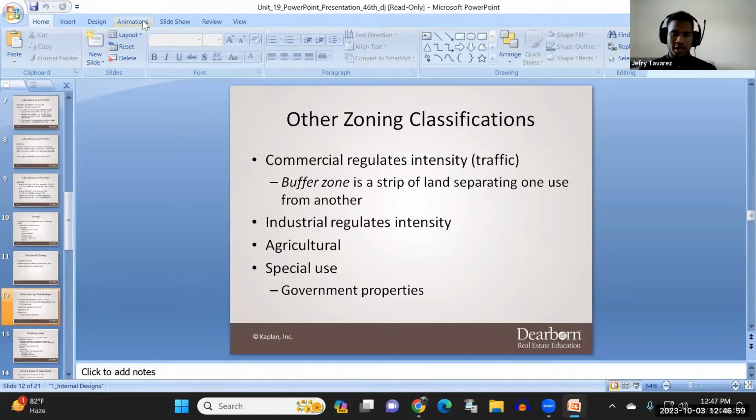Gotcha. Has it ever been the case that there's a part of town where there are 4 property owners and 3 of them decide to make business on their property, and now the 4th one has to be the buffer zone? No, nothing like that. A buffer zone will be between an industrial and a residential neighborhood. A buffer zone will be between a football stadium and where people live, right? There's a buffer zone around things. Okay. And that's just for intensity and density.